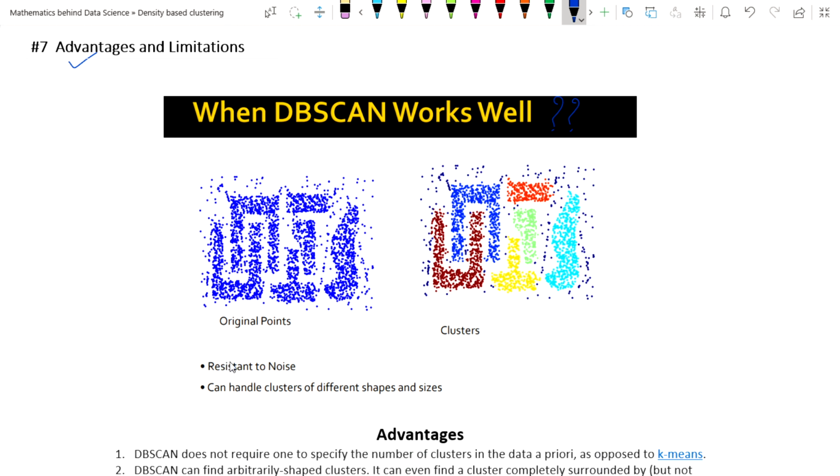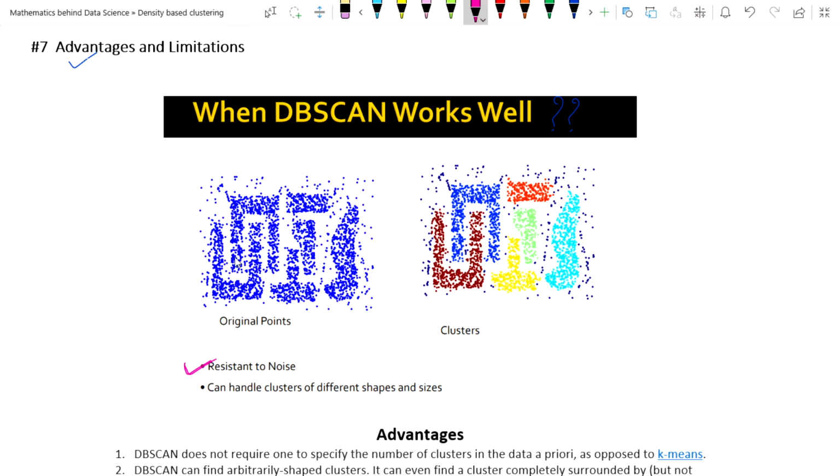The first thing we have to remember is that it is very resistant to noise. This is the first advantage, because we have already seen in the previous chapters on k-means and hierarchical clustering that those clustering techniques do not work well when we have different sizes of data, different densities of data, or different shapes of data.